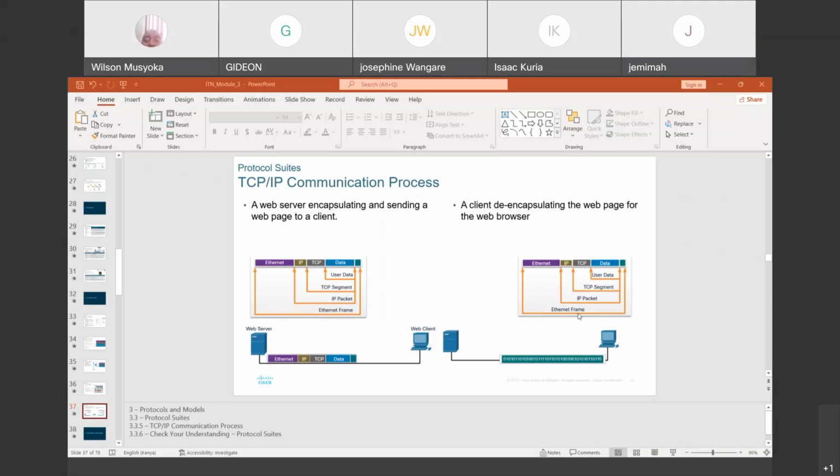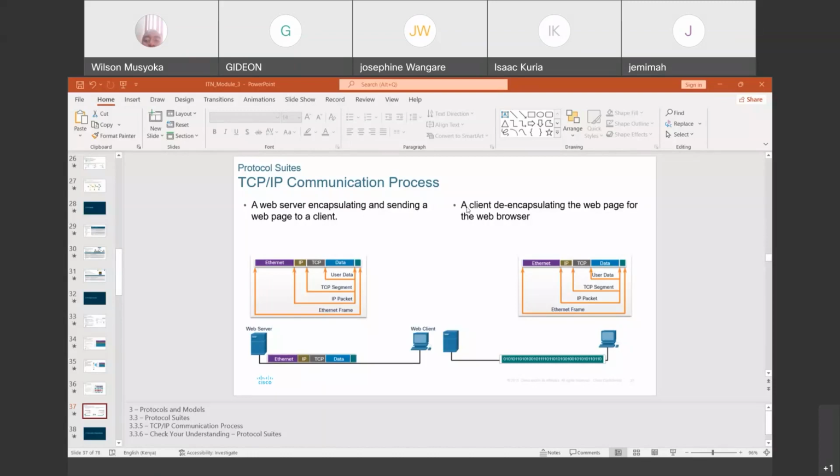At the Ethernet level, or at the physical layer, it is going to be converted into a series of zeros and ones, which are going to be encoded for them to be moved. But you will need all of these: the user data, which is in HTTP, is broken down into TCP segments and then into packets, whereby you attach the IP addresses, and then the Ethernet frame, where you have the MAC addresses and frame check sequence. So that is how the message is going to be moved.